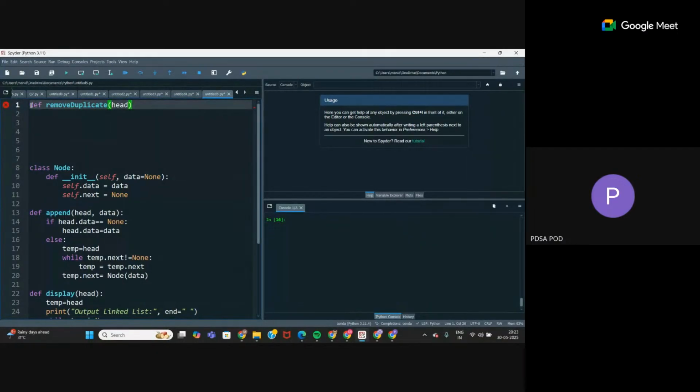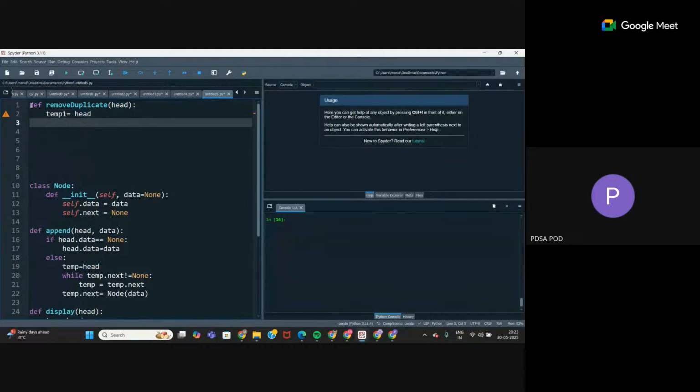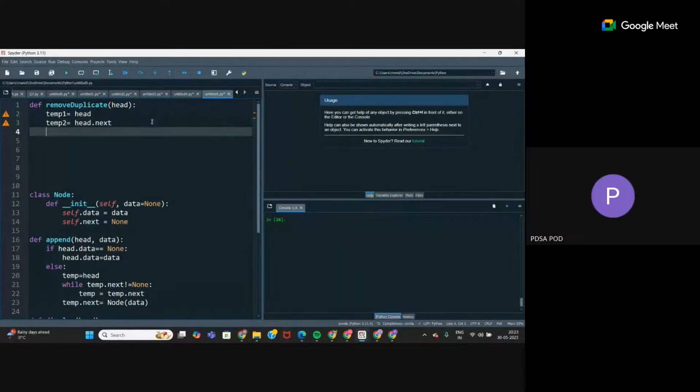taking head as argument. First we'll have one variable called temp1, in which I will store the address of the first node, which is head. Then temp2. In temp2 I will store the address of the second node, that is head.next. These are the first two nodes that I'll take for comparison. Now while temp is not equal to,